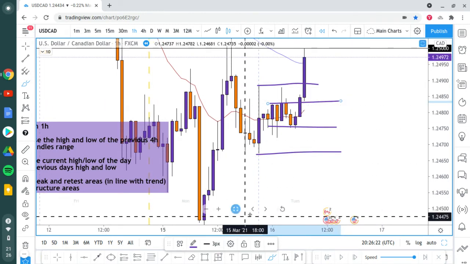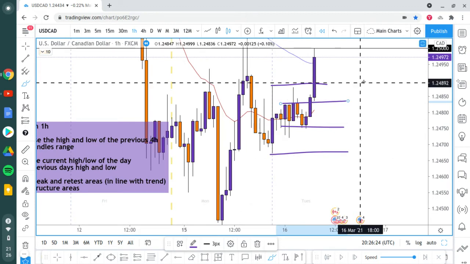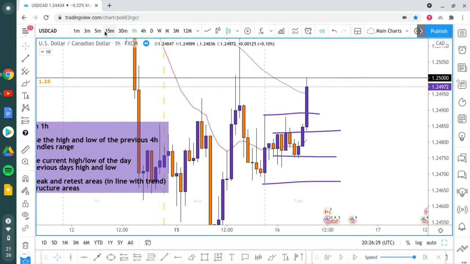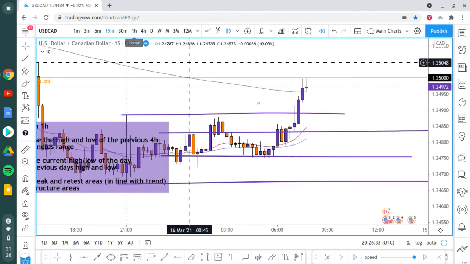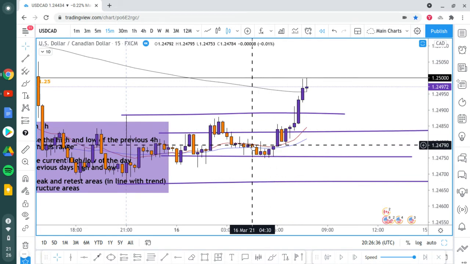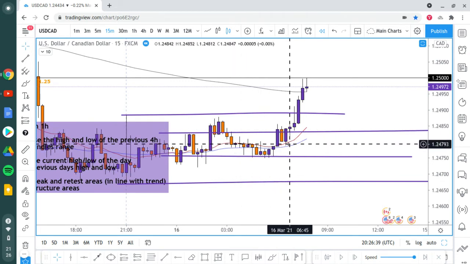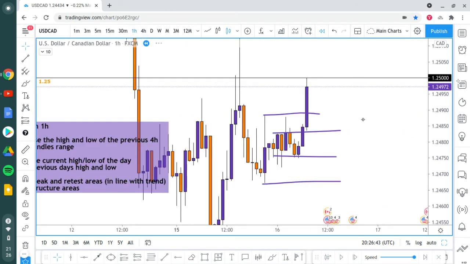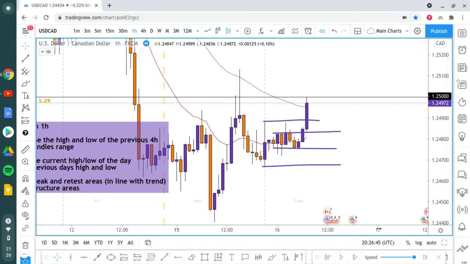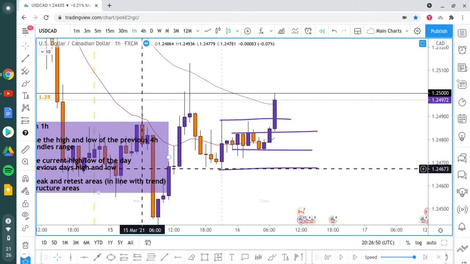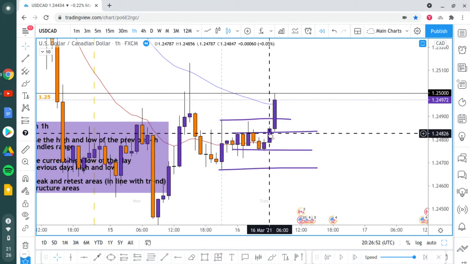So now we get a really strong push. If you were in the lower time frames, you have the break and retest area here, and you have a break and retest area down in here. That's at 6:30 though. That's too early for me personally. I'm not really going to be involved in there, and this video is about the 1 hour and the 4 hour. But essentially, if you were to see this 1 hour candle, strong, counter trend,